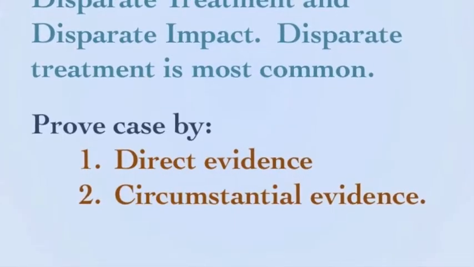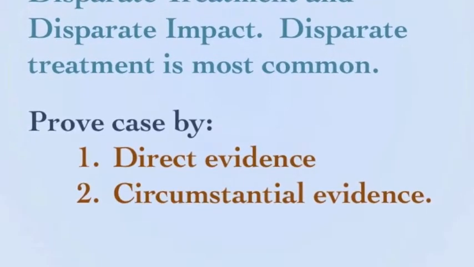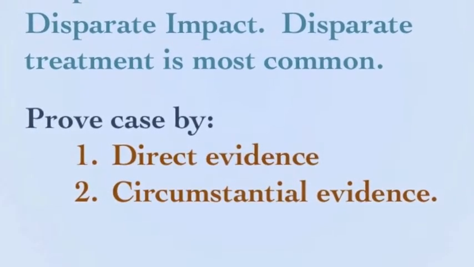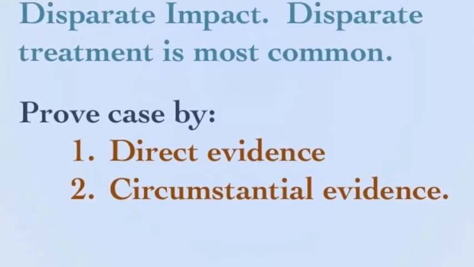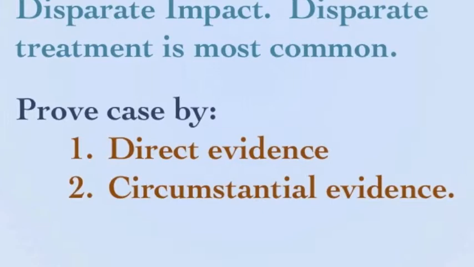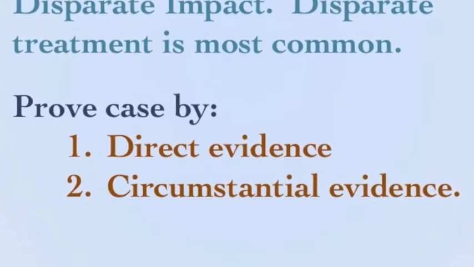The big issue with any discrimination case is, how am I going to prove as an employee or applicant who believes I've been discriminated against on the basis of my race or sex, color, religion, national origin? How am I going to prove that I was discriminated against? Well, the Supreme Court has provided really 2 methods of proving that you were subjected to discrimination in employment. One is what's called direct evidence, and the other is indirect or circumstantial evidence.